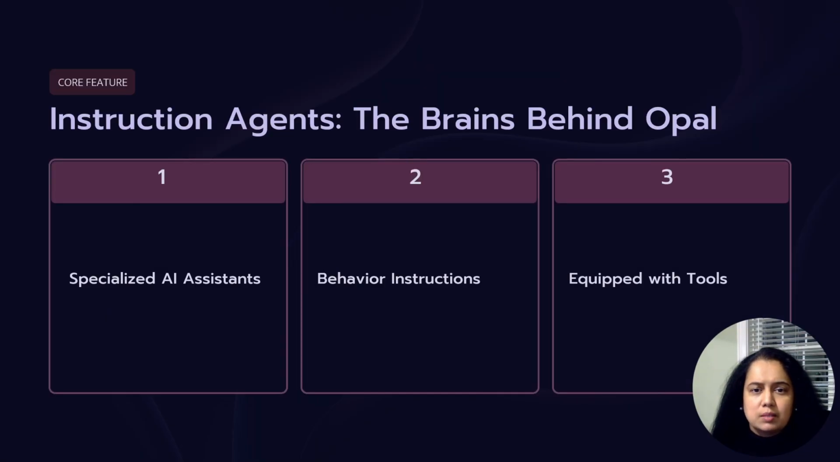Instruction agents, the brains behind Opal. Agents are purpose-built AI assistants with specific roles such as content creation, data analysis, campaign optimization, or workflow automation. Detailed instructions define exactly how each agent operates: communication tone, brand voice alignment, step-by-step task procedures, and expected output formats. Agents leverage powerful tools to perform actions including web browsing, data extraction, content generation, API calls, and system